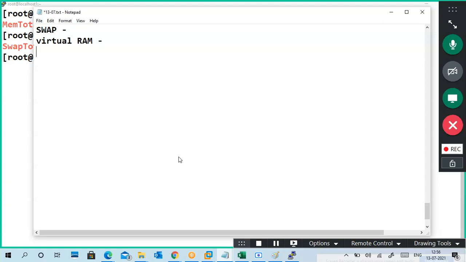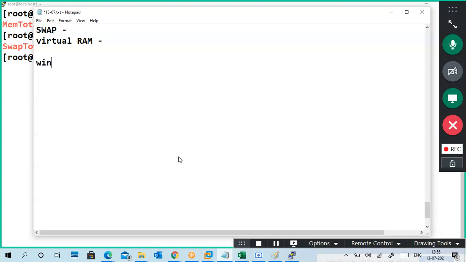Very good. So when you are running an application, you are copying data, so there is load on your physical RAM. To avoid the load on the physical RAM, or to share that load, we use virtual RAM.